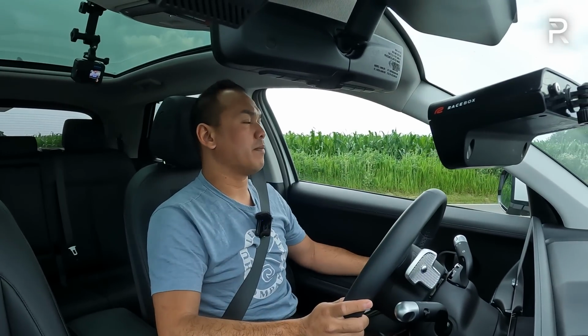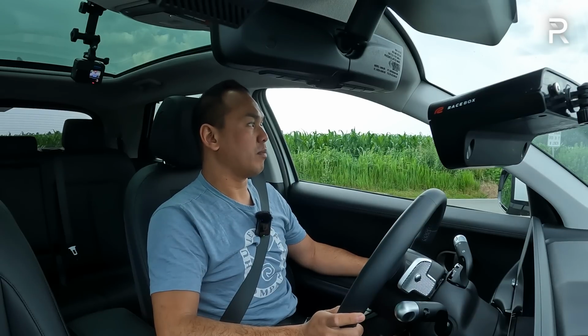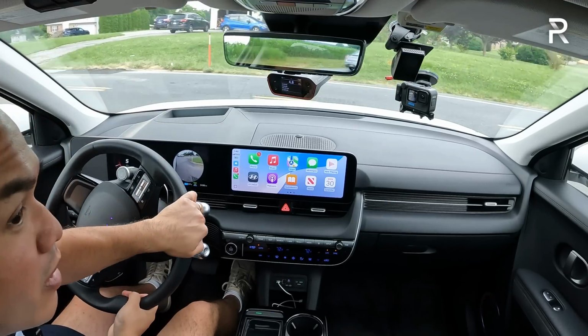It's a fast time. Remember, if you go for the rear-wheel drive version, you're probably going to be looking at the low 6-second range. It's fast enough for most people, honestly. You don't even need a vehicle to be this fast, especially if you're coming from a normal SUV, like a Tucson, for example. It's just...